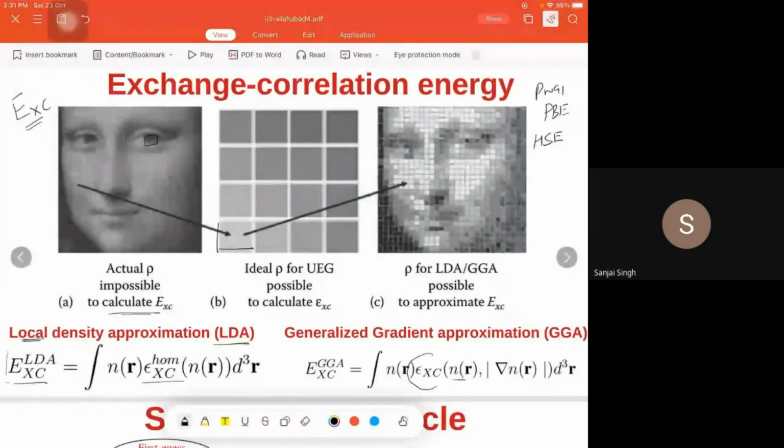So if you choose your functional intelligently and smartly, there is a chance that the properties that you predict will probably match with your experiments. Okay. One more thing. Since we are not able to capture this term, E_XC, that will give you some problem. And also, apart from that,